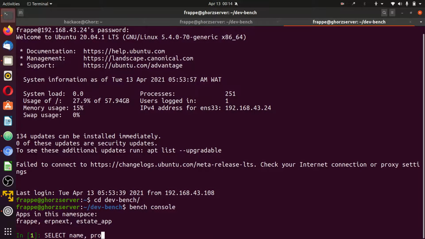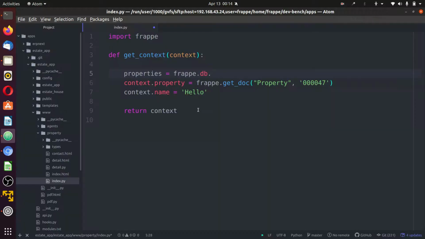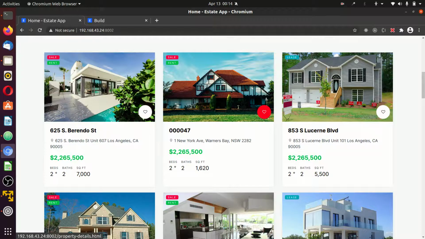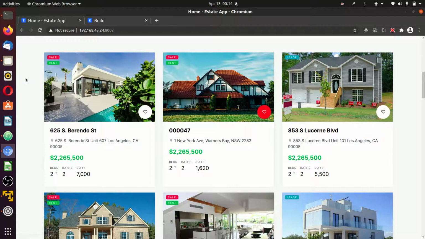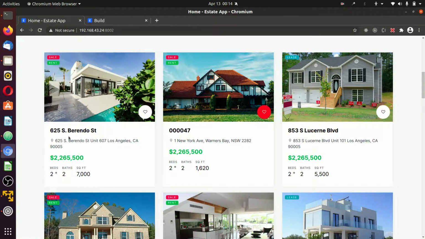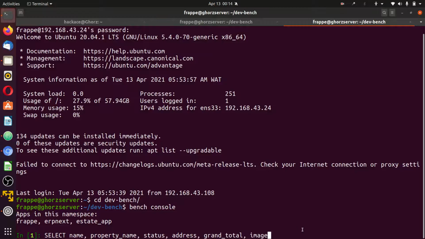Name, property underscore name, the image. I could retrieve the image last. Status. This status, I'm going to change it in case it's a submittable document. You can have draft and so on. Let me check other things. Address, grand total, and image. What else? So we have the name, the image, the status, the address, and the grand total. And that's fine. Then from tab property